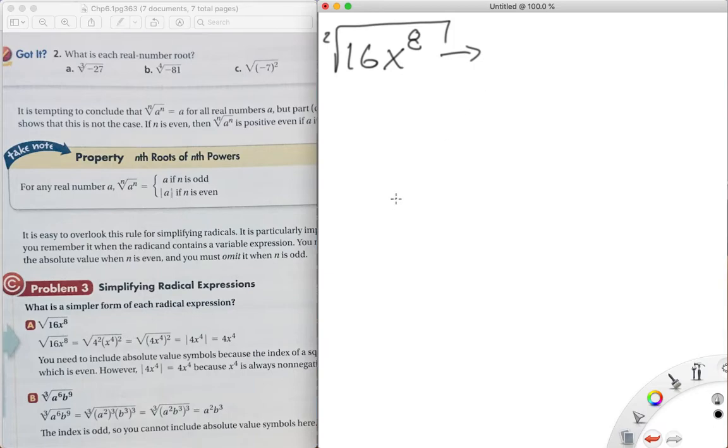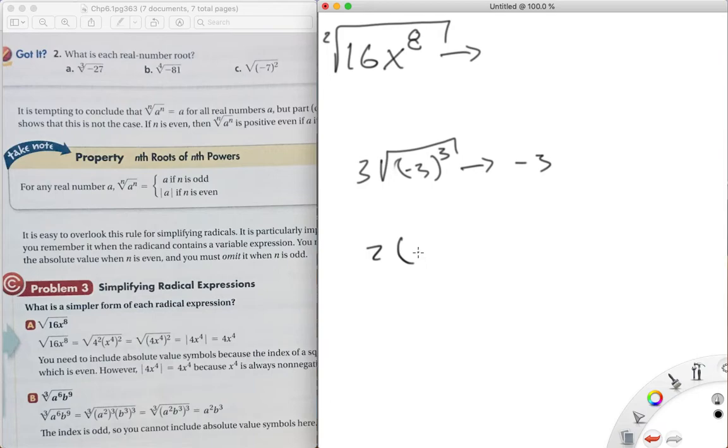Meaning, if we have the cube root of negative 3 to the third, the answer is going to be negative 3. Right, they cancel out. However, if I have square root